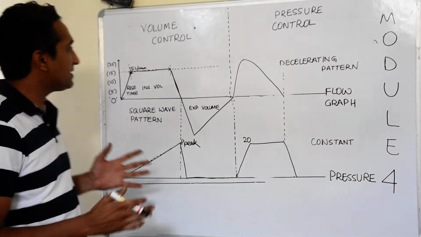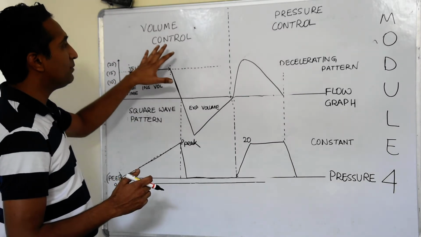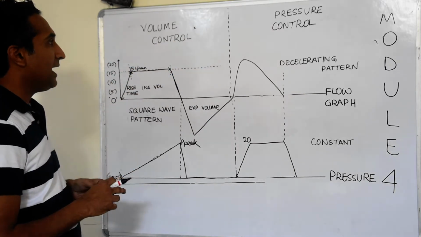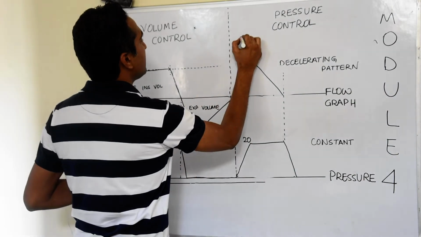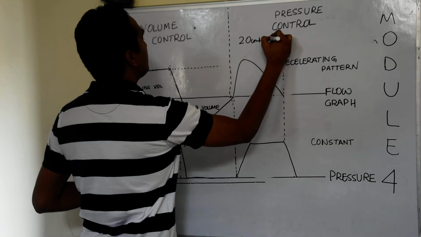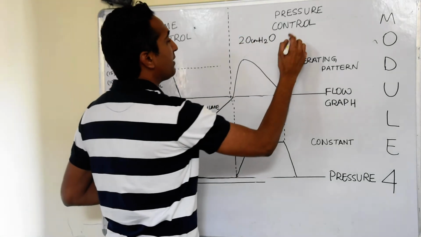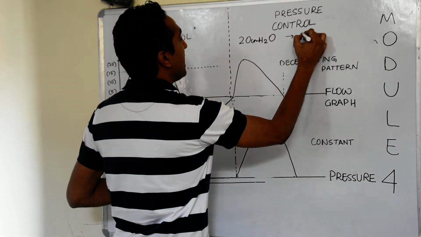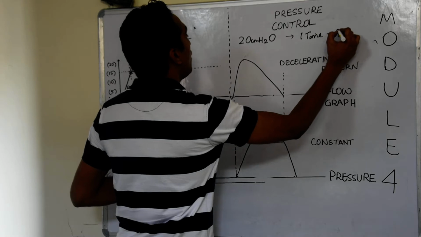Let us contrast the flow and the pressure patterns in a volume control and a pressure control mode. What happens in a pressure control mode is, let's say we have set a pressure of 20 centimeters of water, which is our target. So as soon as the breath starts, the pressure will go up to 20 centimeters of water, will remain for a period of time, which is the I time, which we have set, and after this is over, the breath